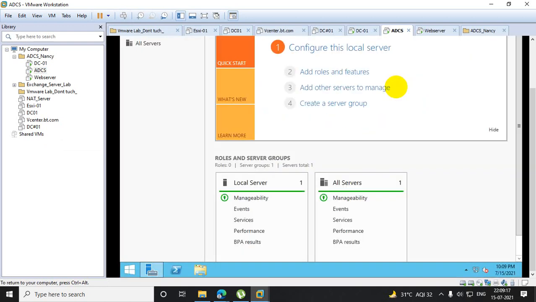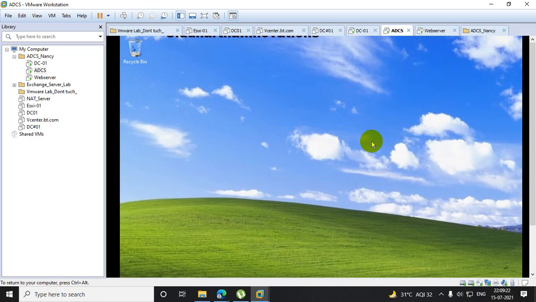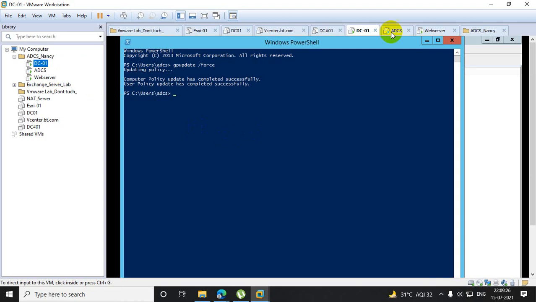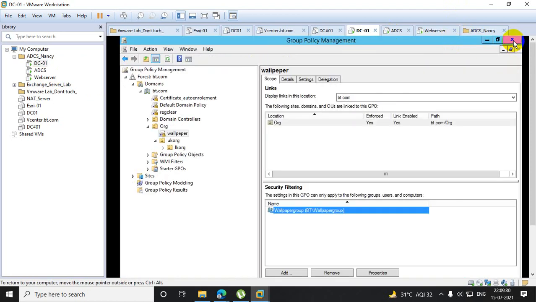So the intention of this practical is to show you or teach you what security filtering is and how it works. A couple of small things I performed today in this practical session.